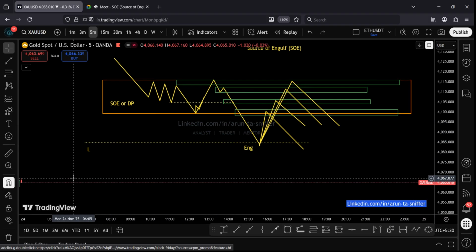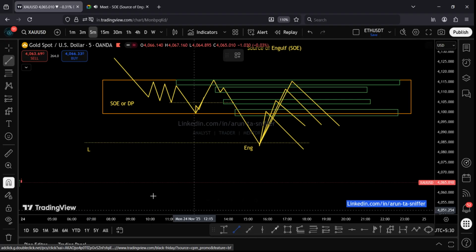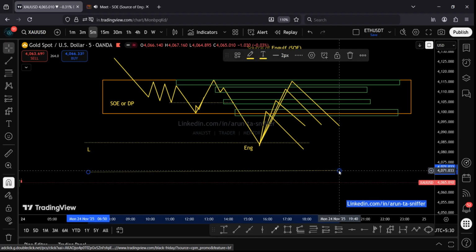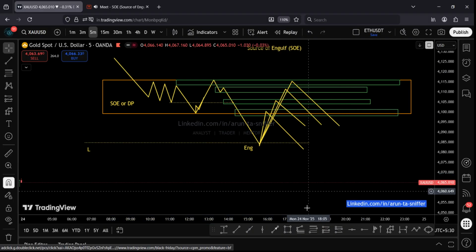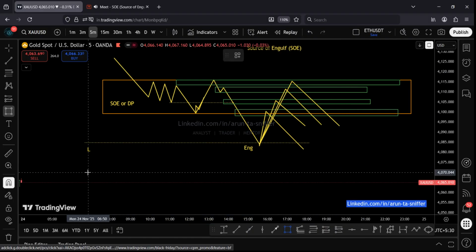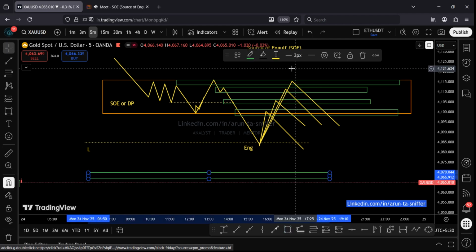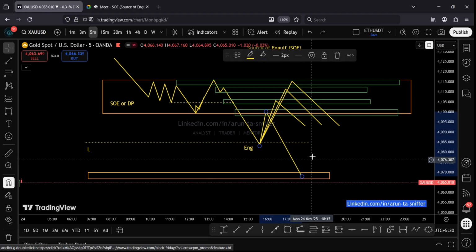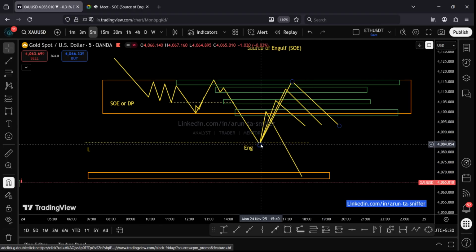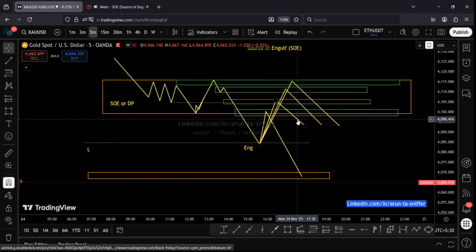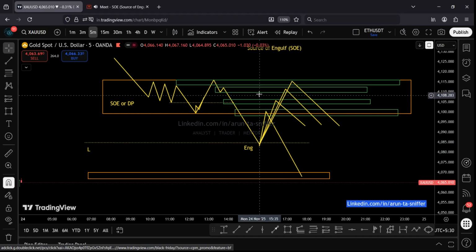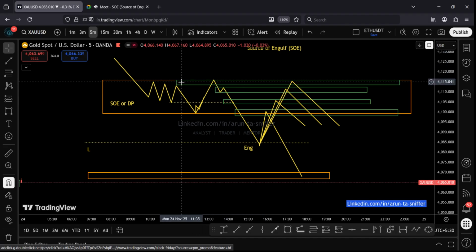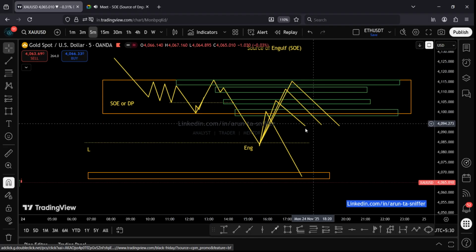here was a low, and below this there can also be another low or FL. There can be another low or another zone like this. There can be another zone like this, and price will come here. Price did engulf to this side, so taking out to this side, or from here, but you don't take a trust trade for any of these first three zones. You should take a trust trade only if price is hitting the NPL.